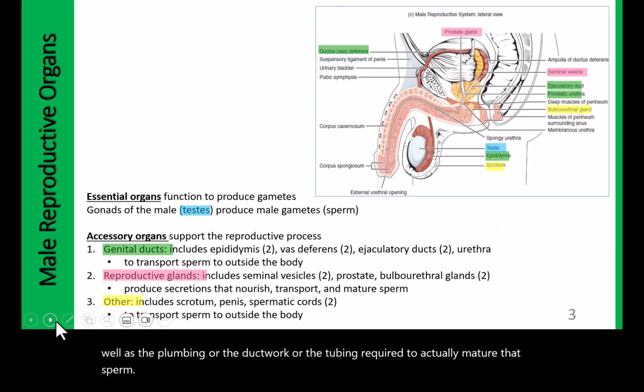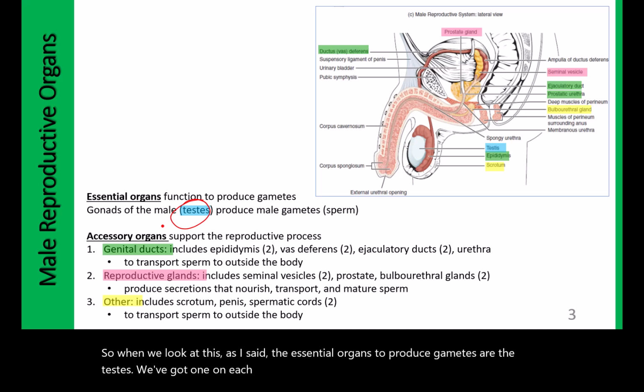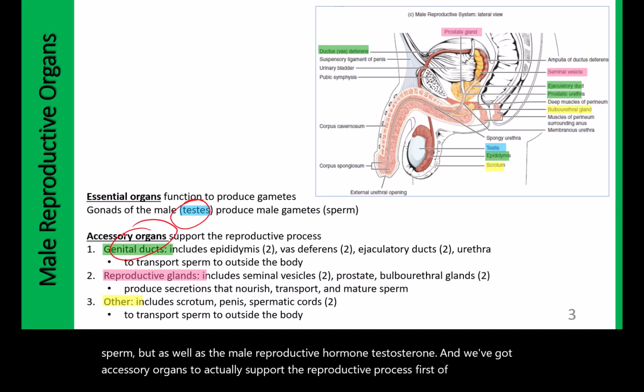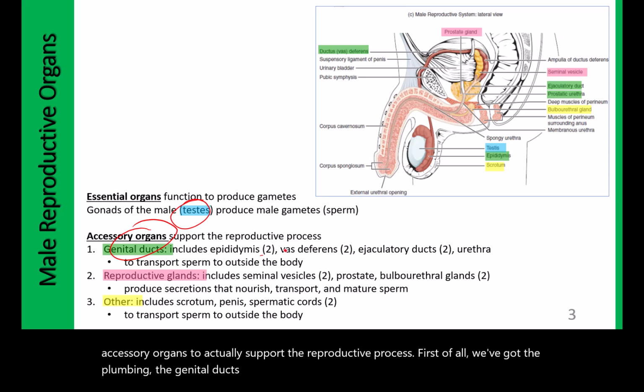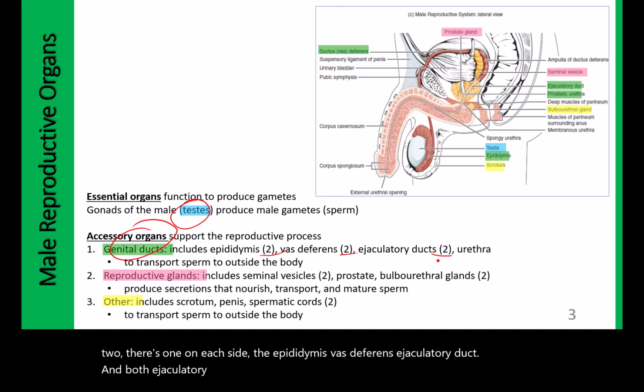So when we look at this, as I said, the essential organs to produce gametes are the testes. We've got one on each side. These produce not only male gametes called sperm, but also the male reproductive hormone, testosterone. And we've got accessory organs to actually support the reproductive process. First of all, we've got the plumbing, the genital ducts, which include, and again, you can see there's two, one on each side, the epididymis, vas deferens, ejaculatory duct, and both ejaculatory ducts combine to form